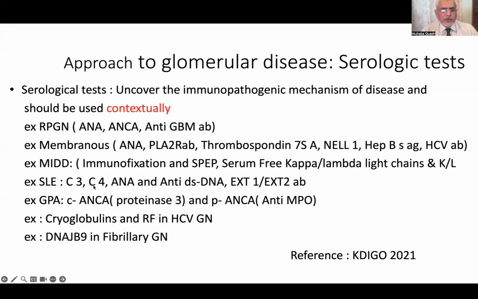And for lupus, of course, C3, C4, ANA, anti-double-stranded DNA, but also if it's lupus membranous, EXT1, EXT2 may be associated. And similarly, when you have granulomatosis with polyangiitis, the proteinase 3, formerly C-ANCA, and for microscopic polyangiitis, myeloperoxidase or the P-ANCA formerly would be very useful. And cryoglobulins and rheumatoid factor can be positive in hepatitis C GN, and DNAJB9 in fibrillary GN if it